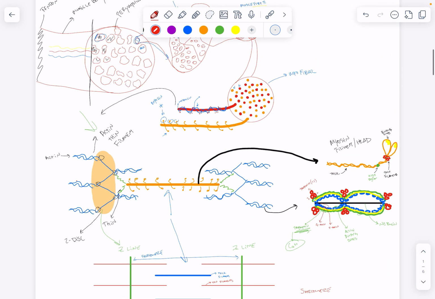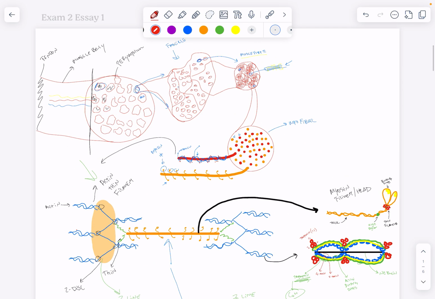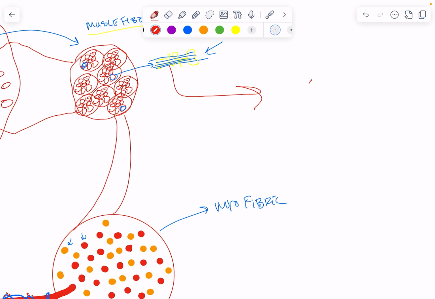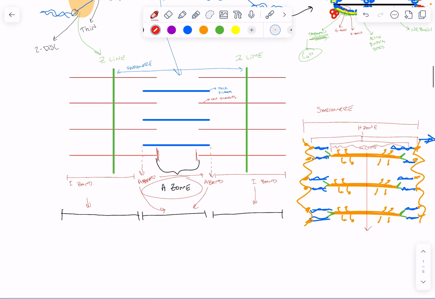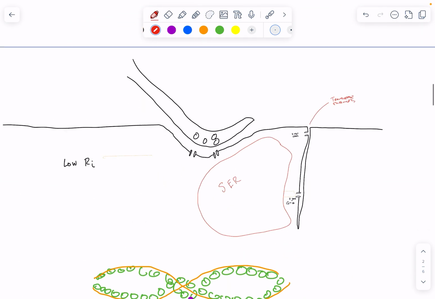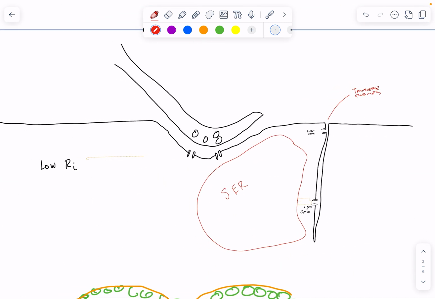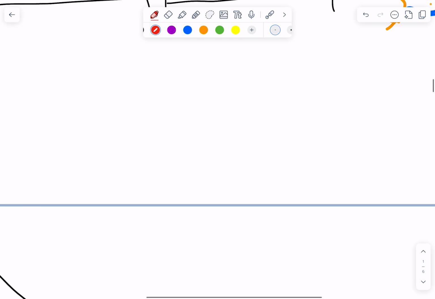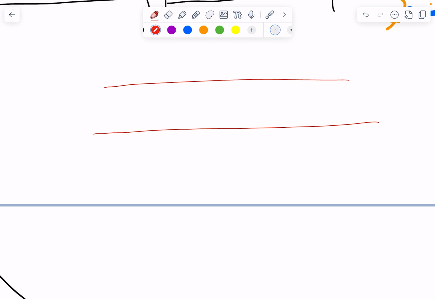Like I mentioned earlier, around each muscle fiber, this is where we're focusing now. Each muscle fiber has a muscle cell. So I'll actually draw this like this. We have an actual muscle cell, and around the muscle cell,